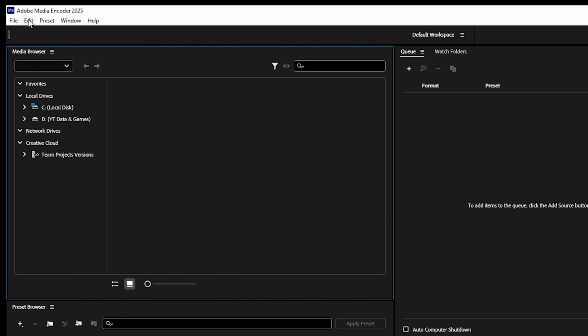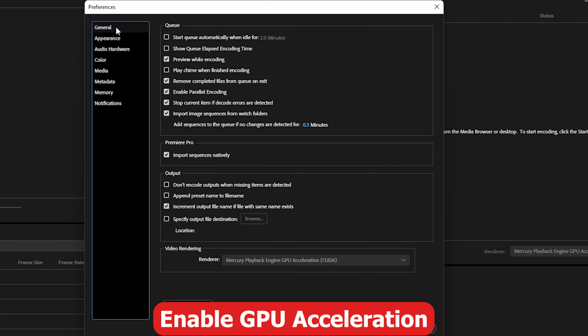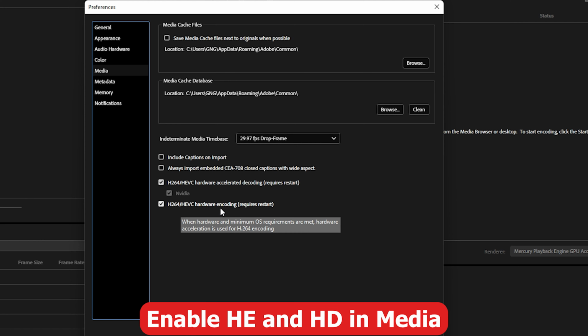Alright fellas, so once you're right inside the Adobe Media Encoder, you can go to the edit menu in the left navigation of the Adobe Media Encoder and you need to click on preferences. First of all, while you are in the preferences, you need to navigate to general and make sure your video rendering is selected as Mercury GPU Acceleration CUDA. Next, you need to go to the media and make sure H264 for the hardware encoding and the hardware accelerated decoding. Both of these are marked as tick, and this NVIDIA is also marked as tick if you have an